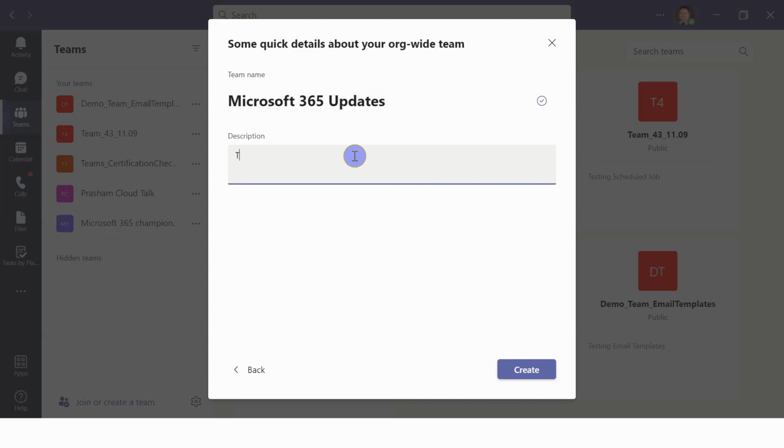Let's put a good description as usual. This is the team for showing the latest updates related to Microsoft 365.